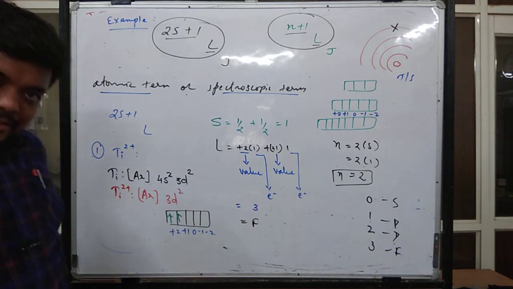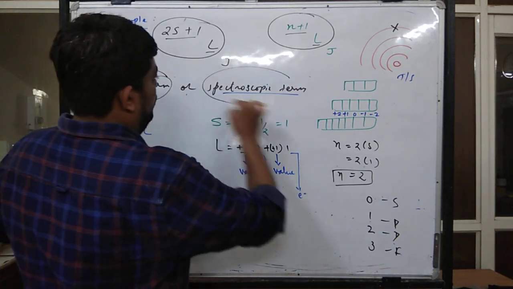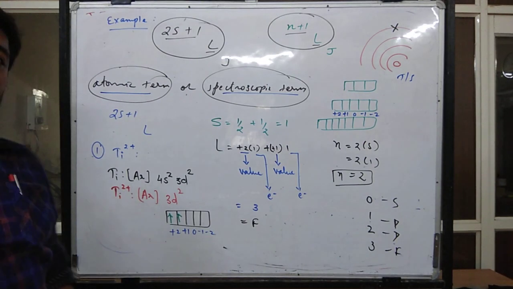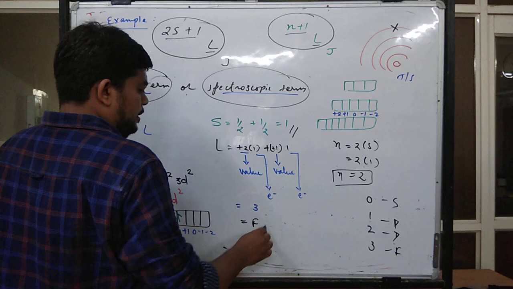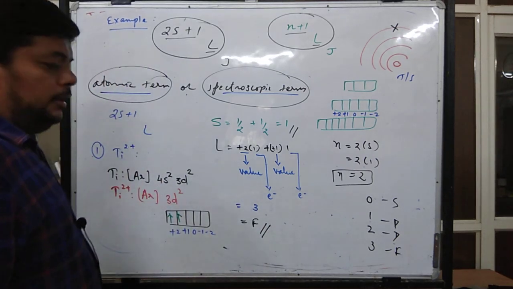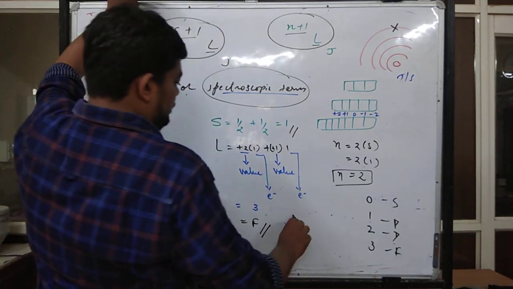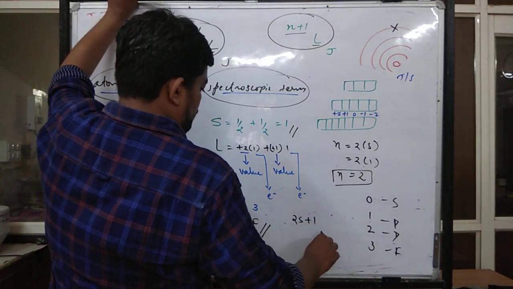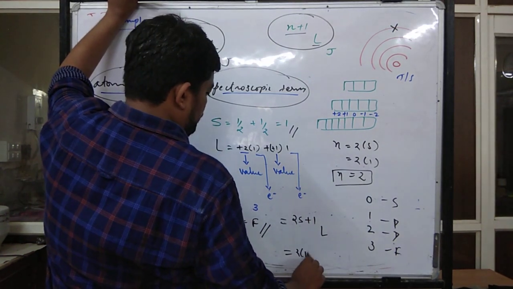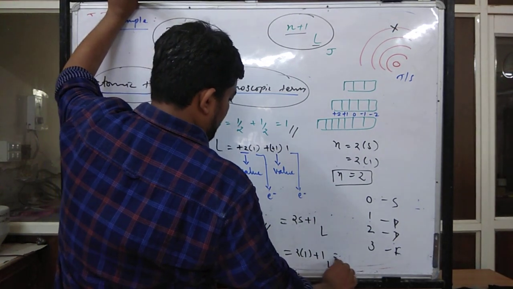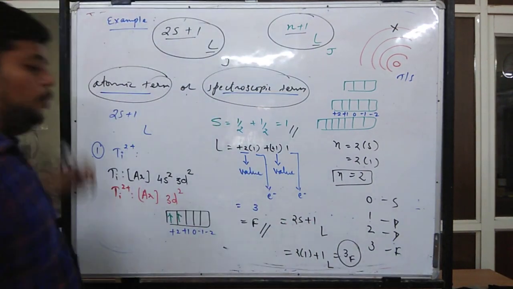No need to go for the J values, while just going for the atomic term or spectroscopic term, which falls under the category of term symbols. So over here I have this 1, I have this F. Keeping these values in our actual formula, 2S plus 1 and L, let me replace it by 2 into 1 plus 1 and L, so I'll end up with 3F. So this is how we work.